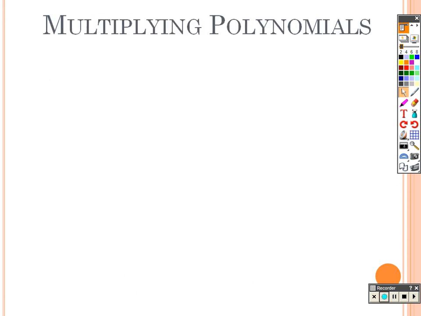Now, multiplying polynomials. Well, multiplying polynomials is kind of exactly what you did before. And that was in Algebra 2 when you were talking about foiling, the first, outer, inner, last, and that's exactly what you're doing here. We're taking these terms and multiplying them together. So for example, the first terms,